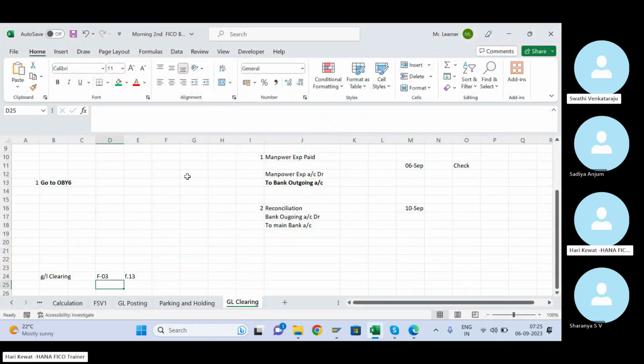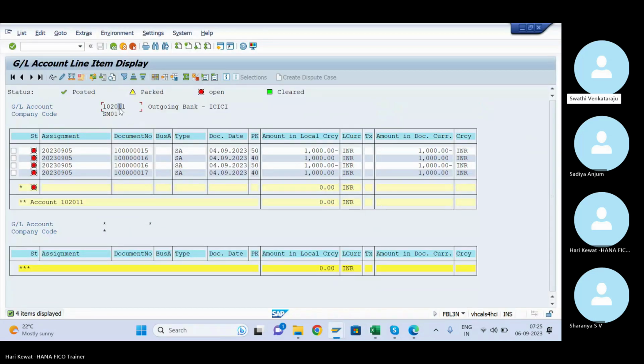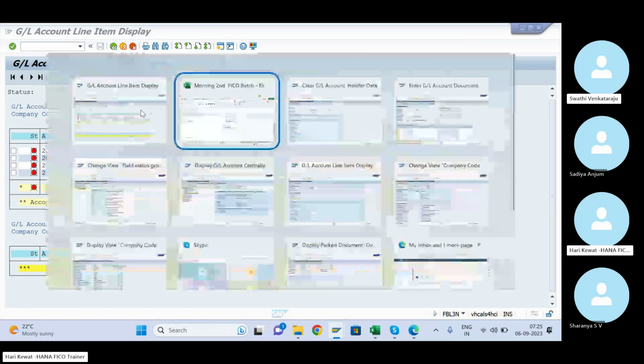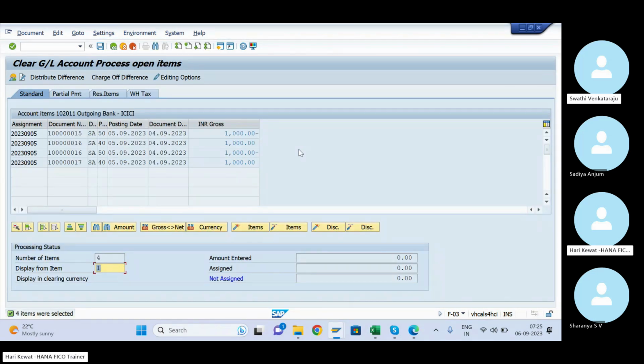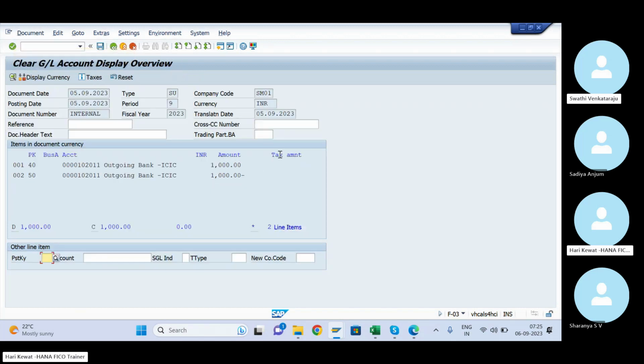Give that GL, the outgoing GL, which has open item management. Other than open item management GLs, if you enter here, it will not accept. That we'll see tomorrow. Hit enter. If you go inside, all these items are there. See, all are matching, so you can select all, but today I'll teach only two. I'm selecting two, debit 1000 and credit 1000. You can also simulate if you want, then you save it. Okay, post it.